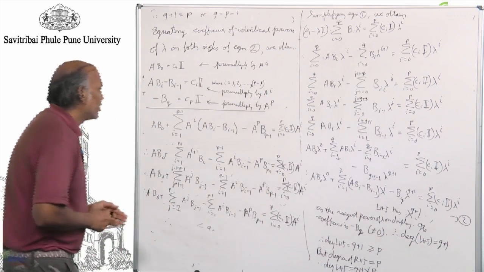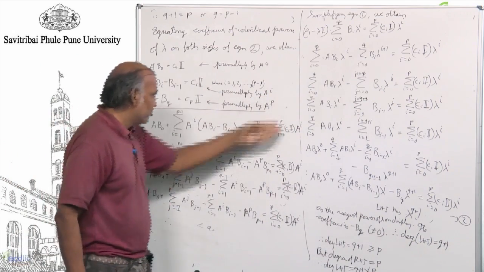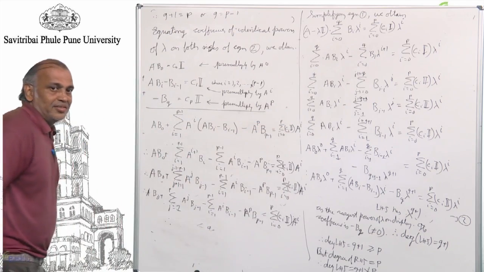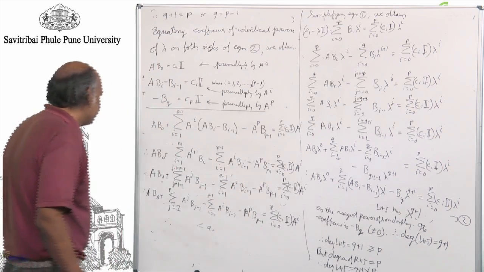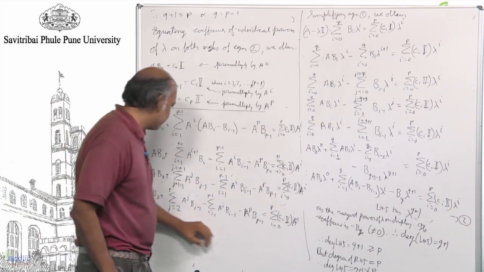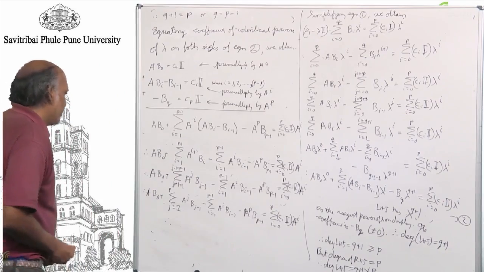Okay. So when I multiply by A to the power I on both sides, what you have on the right is the characteristic polynomial of A in A. Okay, now we are in business. And now